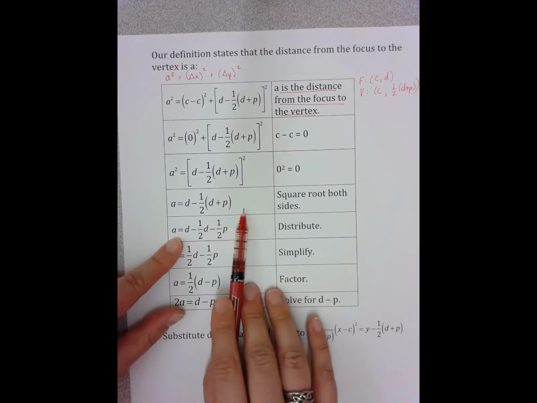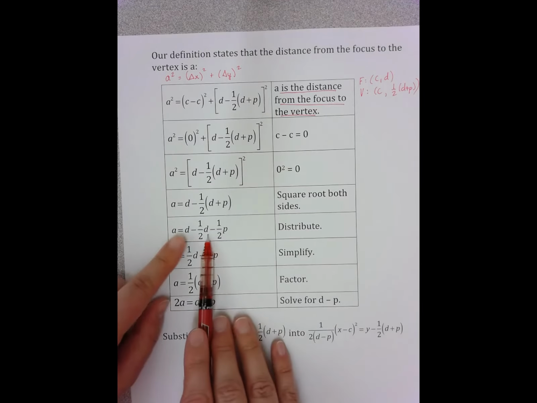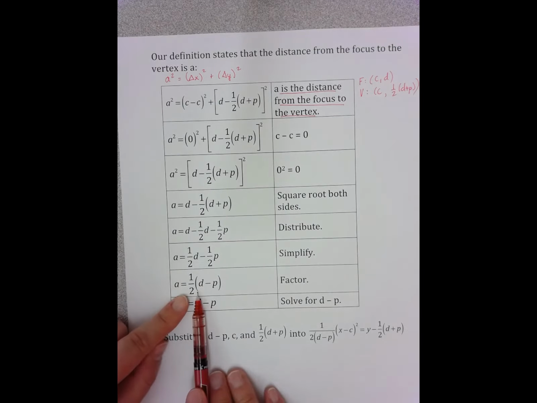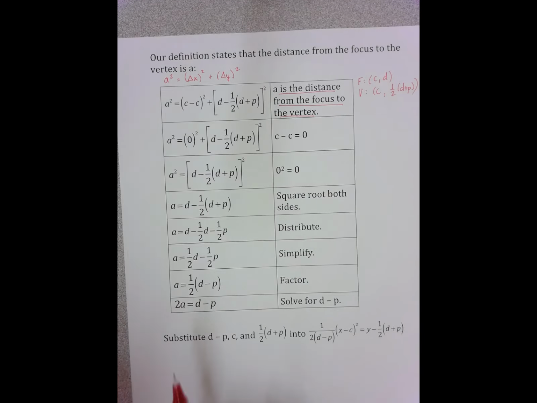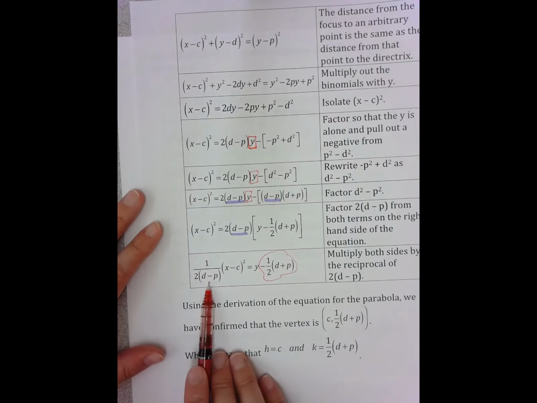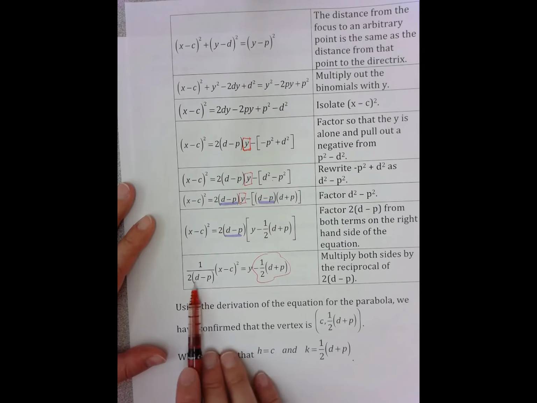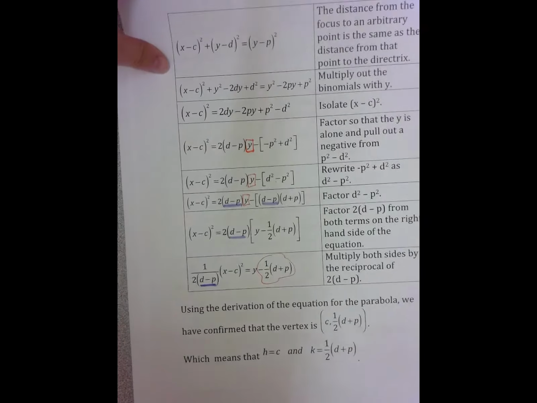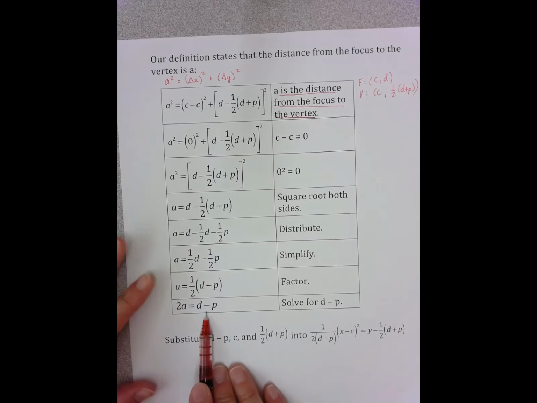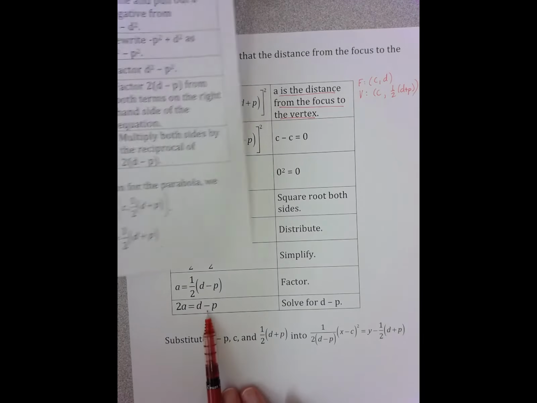And now I want to simplify this a little bit. So I distribute my 1/2. I combine like terms. And then I'm going to factor out a 1/2. And then I can get d minus p alone. Let's go back and look at the previous page for a second. In this equation, I have this 2 and a d minus p. So now that I have a d minus p, I can go back and I can replace d minus p